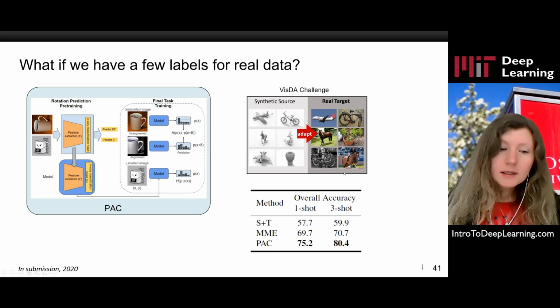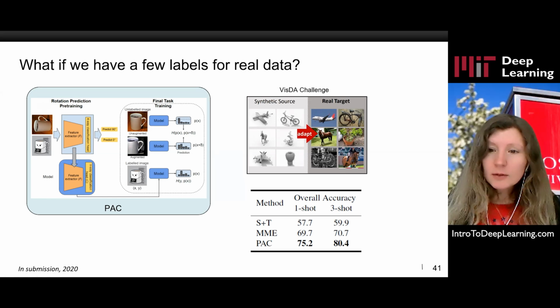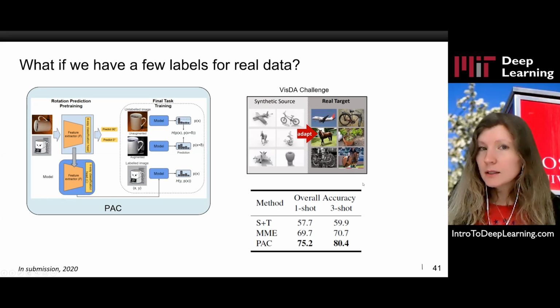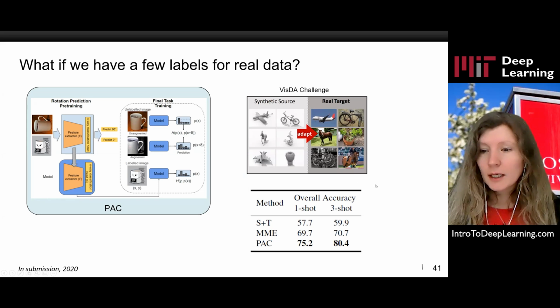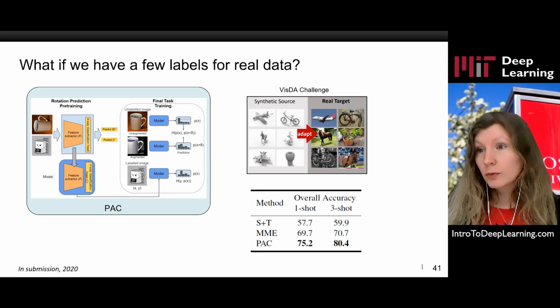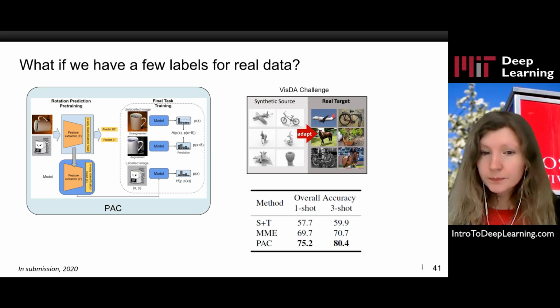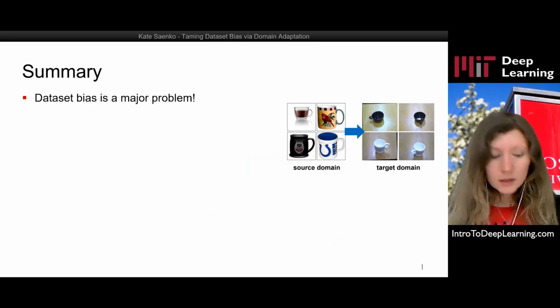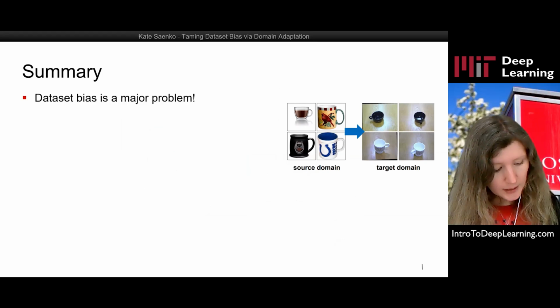So basically, the point that I want you to take away from this is that domain alignment is not the only approach. We can use other approaches like self-supervised training and consistency training to improve performance on target data. All right, so I'll stop here. Just to summarize what I talked about,